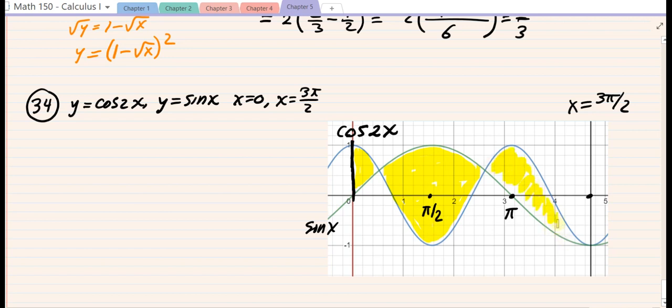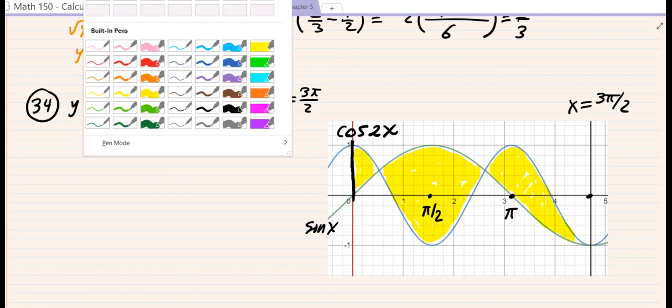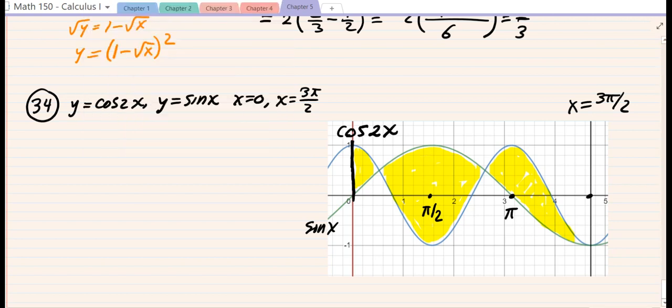So notice now, for some intervals, there's actually a change over from red to blue, if you will. And we need to always make sure in our integration we use the higher function, right? We want to use the upper function minus lower function. So in exercise number 34, therefore,